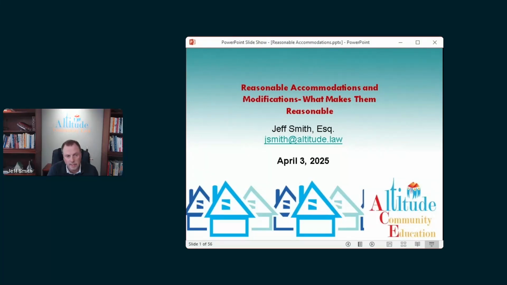So first thing, this is a class about reasonable accommodations and modifications, what makes them reasonable. If there's two things for you to take away from this class, first thing is that what might be reasonable in one situation might not be reasonable in another. So if you have a board that is wanting to deny a reasonable accommodation or modification, please make sure you reach out to the association's counsel so they can review the facts and help you walk through the process with